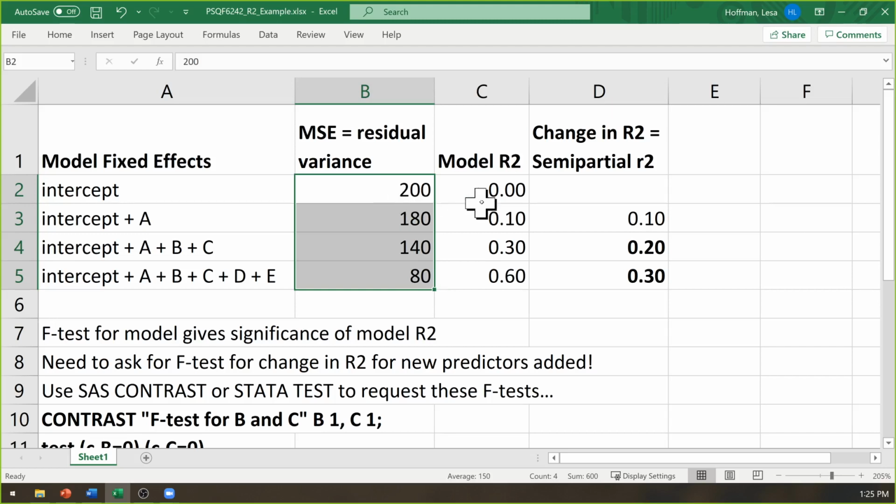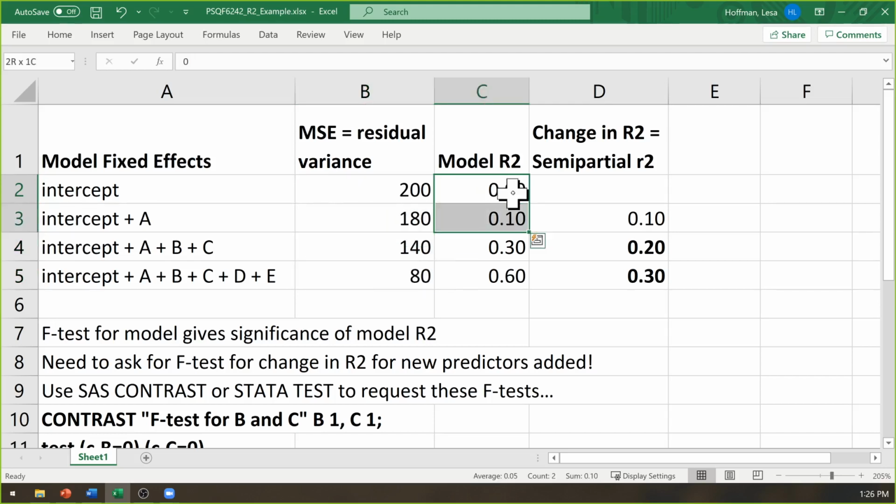At the same time, then, what should happen to R-square as we add predictors? Goes up, because R-square is the proportion of variance accounted for. So these are opposite ideas in terms of what they represent. R-square is how good the model did. Residual variance is how much is still missing.